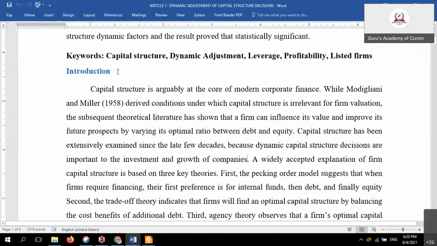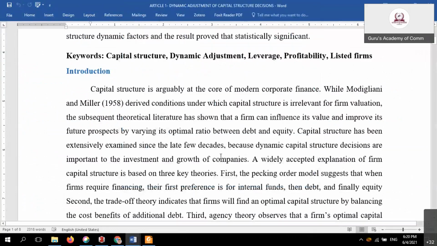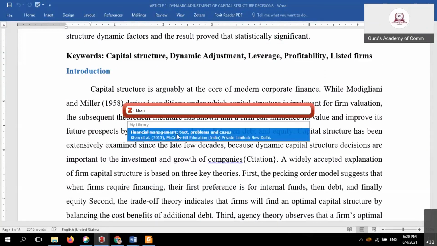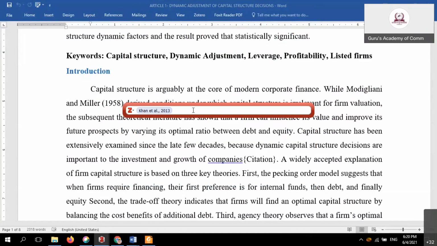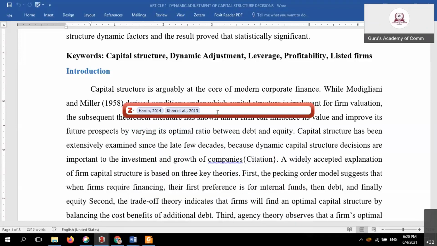Go to Zotero, now get it cited. APA style. Now open the Zotero citation. Give it any author, for example Khan. This concept provides Khan and Jain, if it is already sourced from Khan and Jain. Now another author name also, H. Simply give the H, so that many, like Haron, appear. This concept, and another person, this is Reinhard.